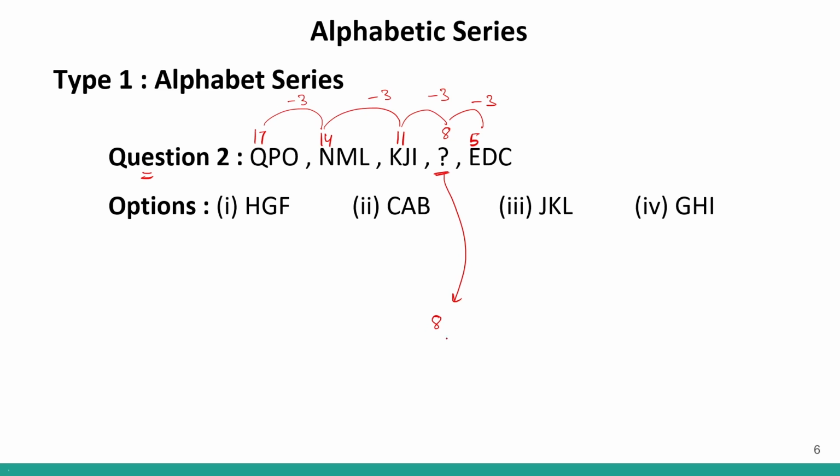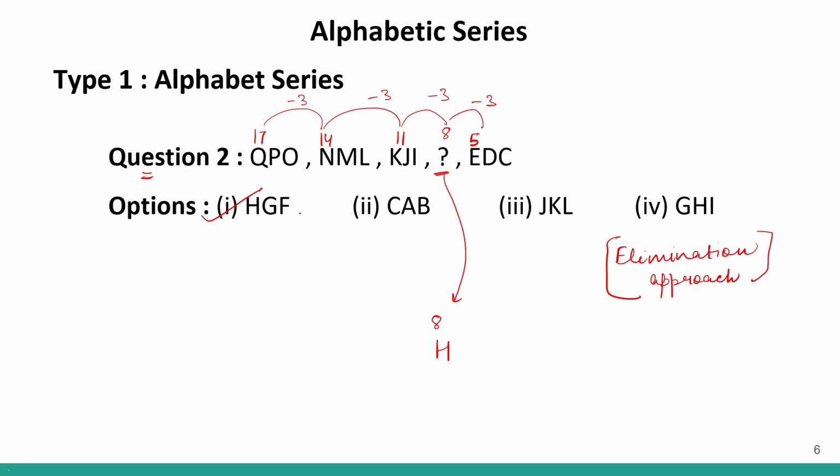Correct? And at 8 we have H. So the first element will be H. H is given only in option number 1. So I can clearly mark option number 1. I don't have to look at the other options. So this approach is called the elimination approach. Correct? Elimination approach means that we only look at the first letter. We do not pay attention to the next letters. We just solve the question enough to get the answer. We eliminate as many options as we can. So I can clearly eliminate these 3 options because they do not start from H.